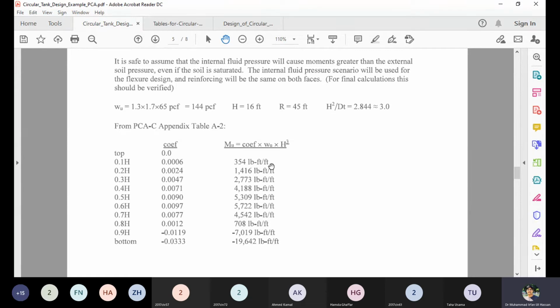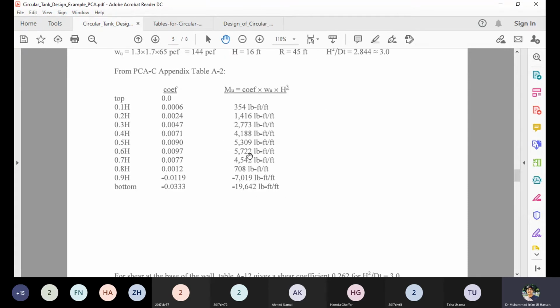We have to investigate one load at a time. So due to the water load, the tension is produced only in the bottom zone on the water side and in the other zone on the soil side. This will give you the tension at the different points and the moment also. So the bottom two points will give the reinforcement on the water side, and other points give the reinforcement opposite to the water side. The vertical steel is computed.